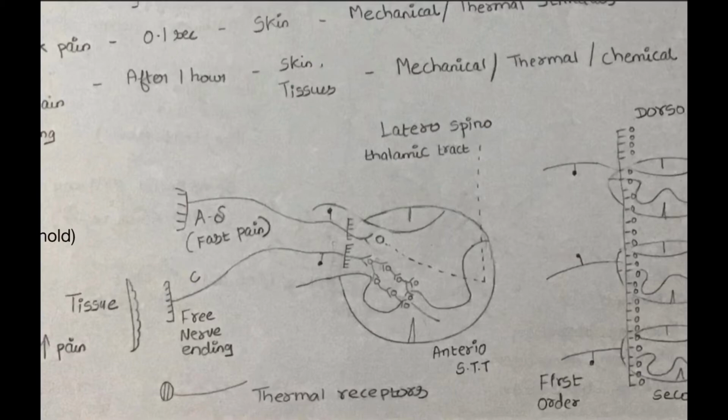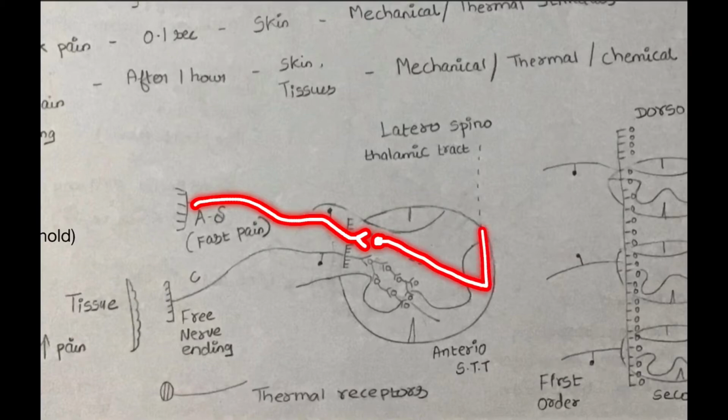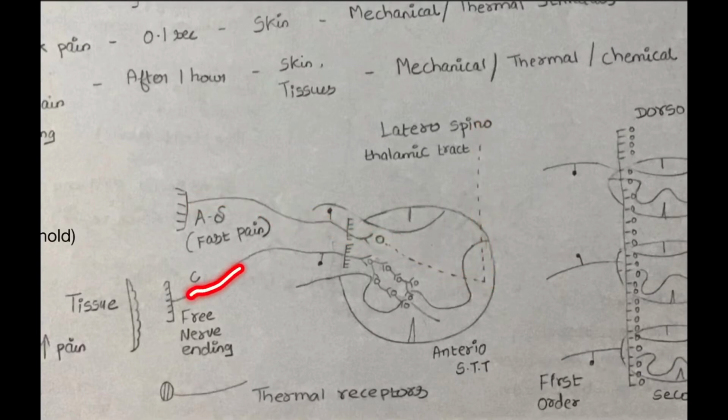Here, with these fast pain fibers, if we take one neuron, it is connected with one second order neuron, and the information is transmitted through the neuron to the lateral side and goes upwards to the thalamus. But in the slow pain fibers, if we take one neuron, it meets one second order neuron,